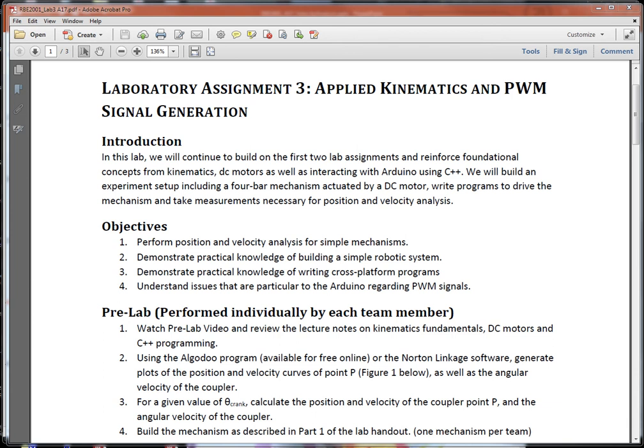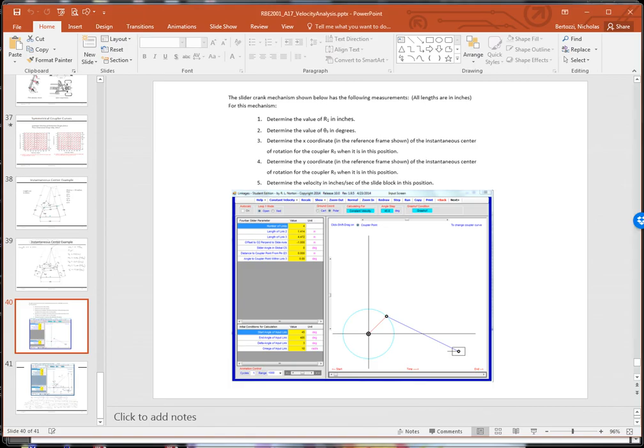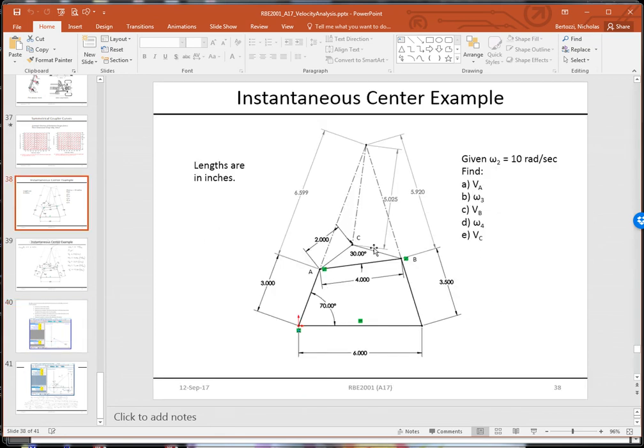In this video, we're going to review some of the material for Lab 3. First, let's take a look at some of the things we did in the lecture. We did a regular 4-bar analysis and worked through